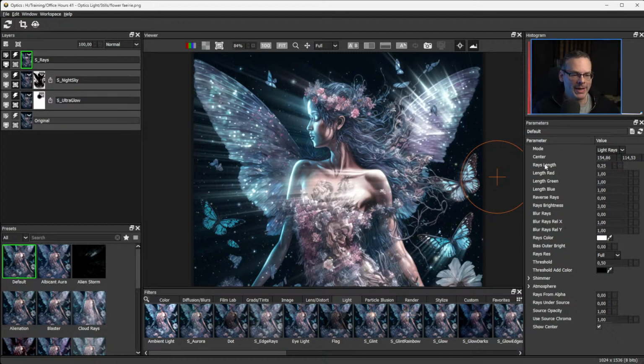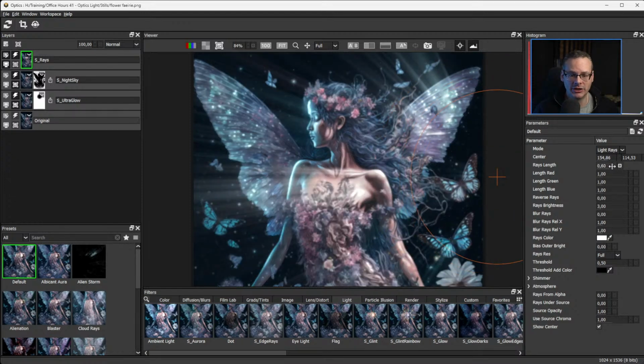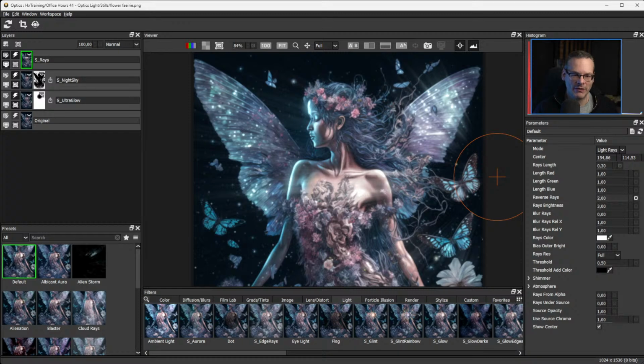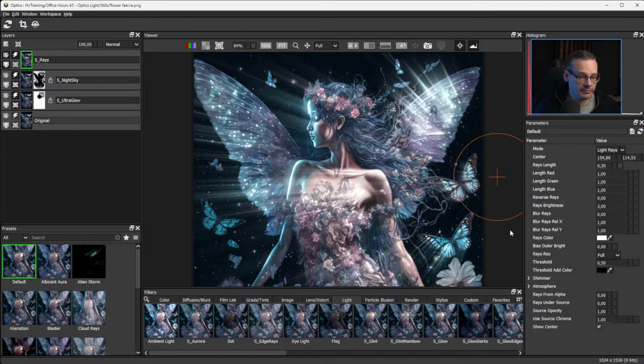So some of the nice things we have about rays is being able to very quickly change the ray length up and down. We can even do reverse rays, which is kind of nice for simulating rays coming out of a point, or in this case, moving things in both directions. Do I want that today? Yeah, probably not. So we're going to move down to shimmer and atmosphere,